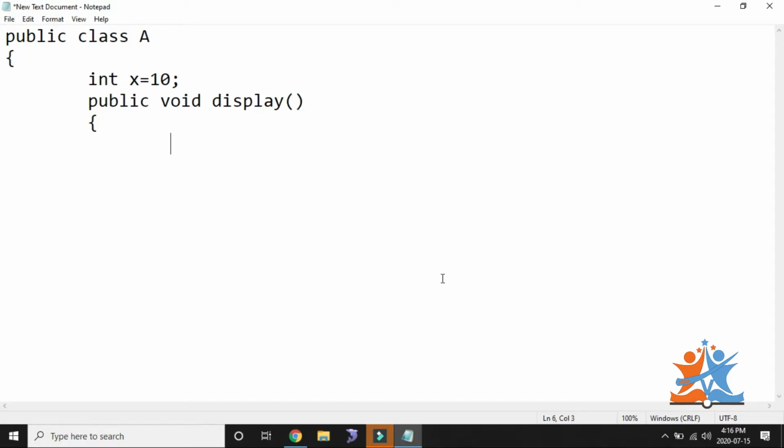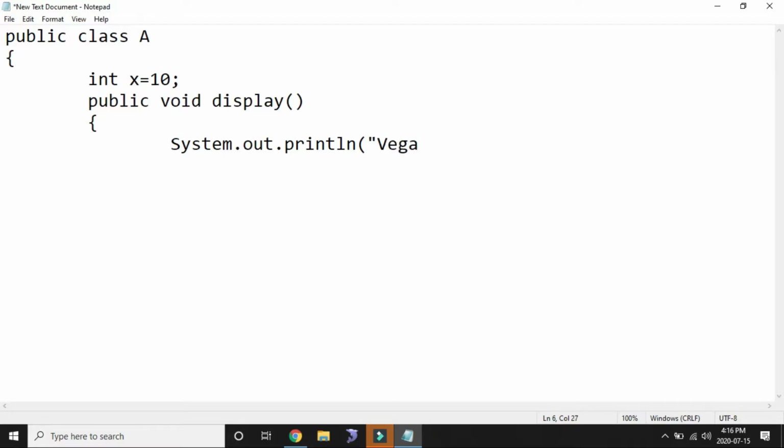Inside the display method, I am printing a message, System.out.println. Here I am printing one name, that is Vega Technology.